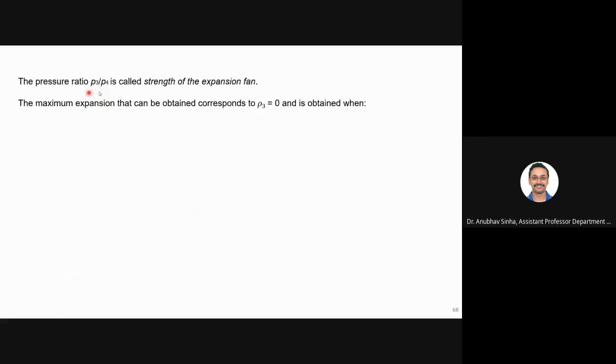Also, when you talk about this ratio, what is the pressure drop or pressure ratio across the fan? That gives you the strength of the fan. How much pressure is changing across the fan, that is what determines it. And if you want to see maximum expansion, that will correspond to rho equal to 0. Okay, basically it says that after the fan there is a void. Okay, then nothing is there. So that will correspond to your piston velocity being equal to 2A4 divided by (gamma minus 1).